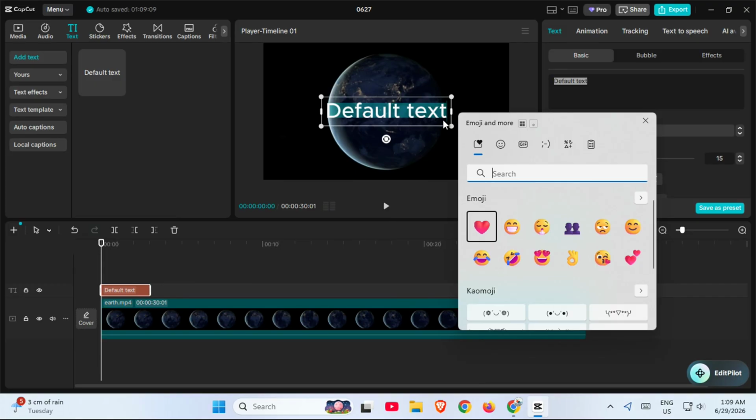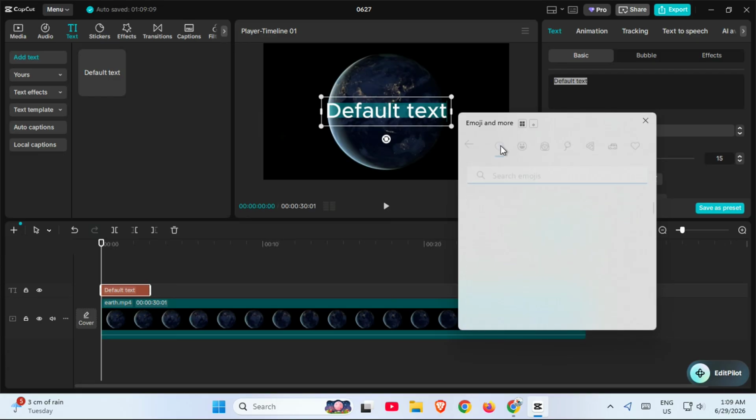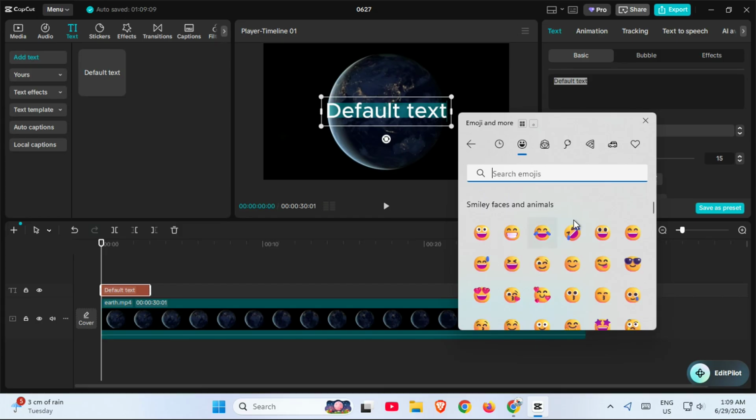Once the emoji panel appears, browse through the list and click on the emoji you want to use. As soon as you click it, the emoji should appear inside the CapCut text box. If there's any extra text that you don't want, just delete it, so only the emoji remains. You can also add more than one emoji if you want to create a fun style or match the mood